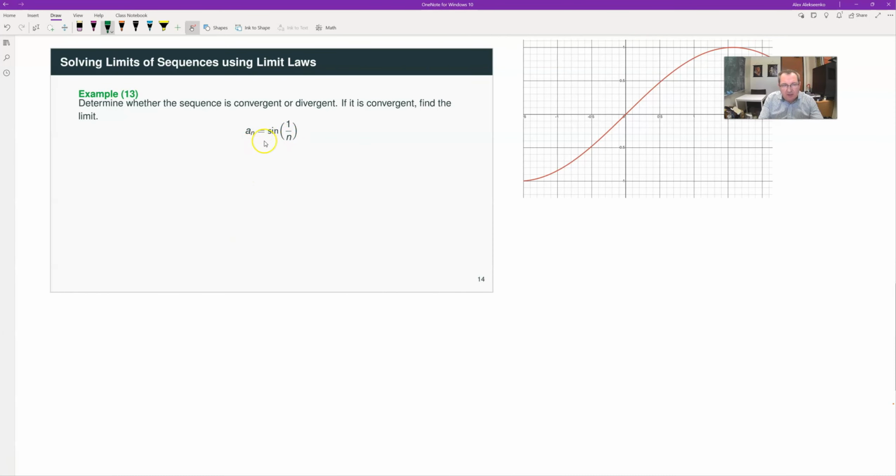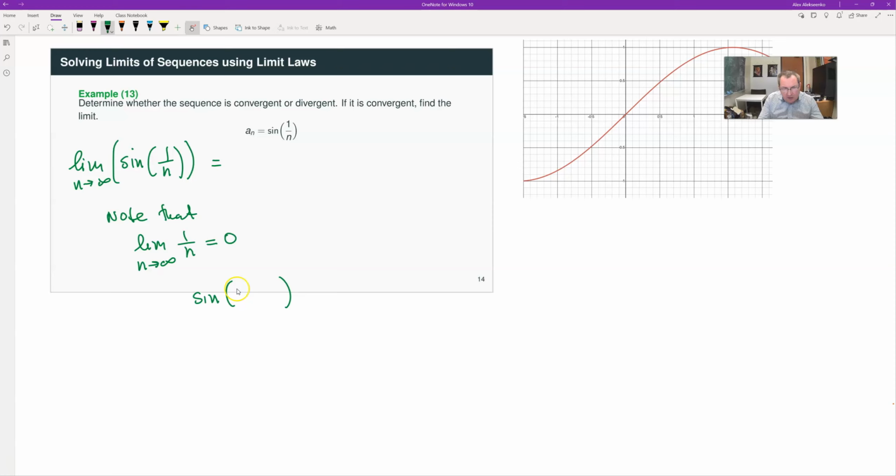Let us consider one additional example here. We're looking at the limit as n goes to infinity of sine of 1 over n. It looks complicated, but it's actually not a very difficult problem to look at. With one caveat, and I'll explain that caveat later on. So first of all, we note that the limit as n goes to infinity of 1 over n is equal to 0, right? So we already discussed that. So what's going to happen, we'll have